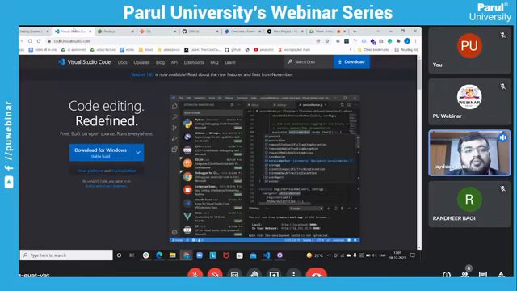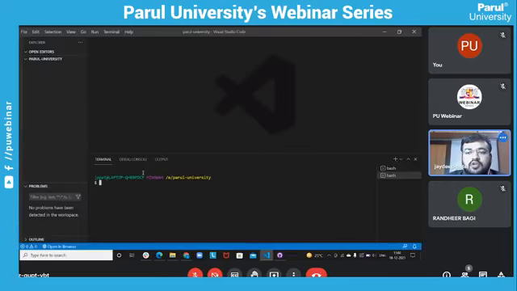So let's start with the installation of Next.js. First, install Visual Studio Code and open a terminal. Now let's check for Node and other things. On my laptop, there is version 14.17.3 for Node, and we can also check the Git version.